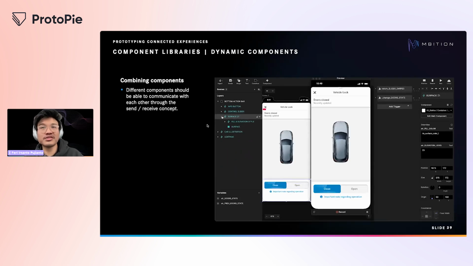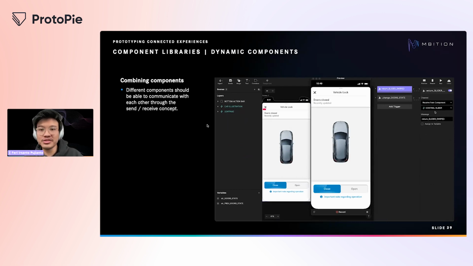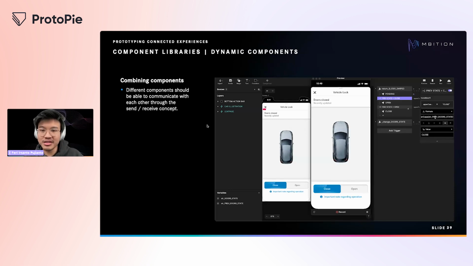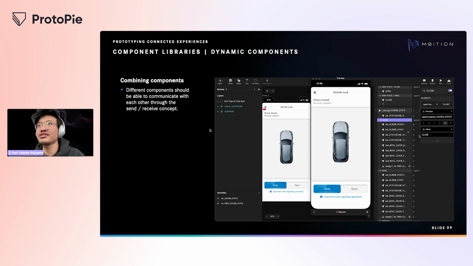And this is an example of different components interacting with each other. In this case, we have a toggle slider component, and the toggle slider is responsible for setting the door state of opening and closing. Depending on the state, the signals are then distributed to individual components, such as the status line, the car illustration component, and the slider itself. So here I'm just having this trigger slider swiped, set it to pending, and check the previous state, whether it's closed or open. Based on that, I'm calling the signal change door state in the current scene.